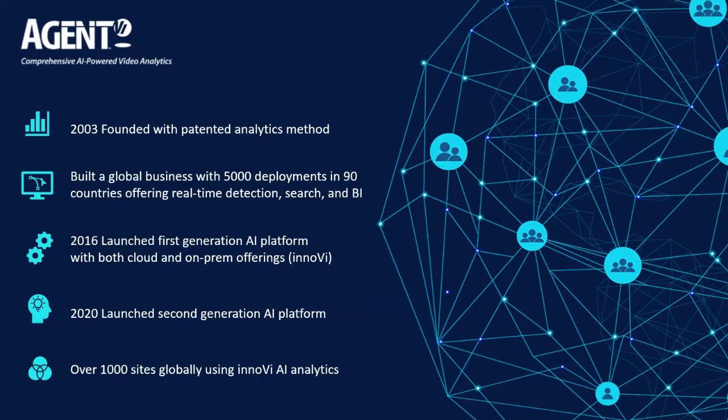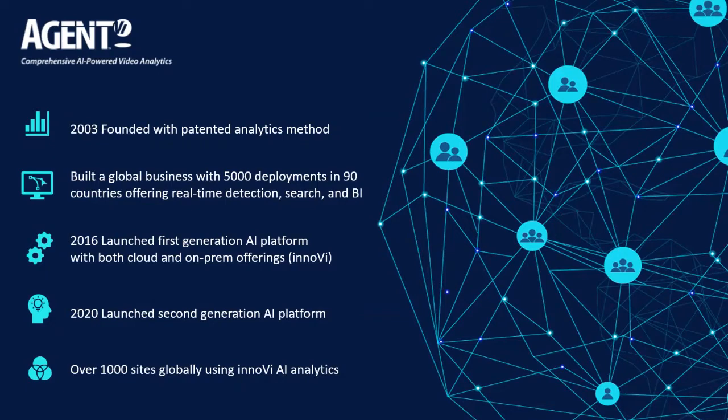That was a great product. The performance was excellent, but we learned a lot about how to deploy and manage these types of AI systems. And by June of last year, 2020, almost a year ago, we launched a second generation of our AI platform. Now we have over 1,000 sites running on the Anomaly AI analytics. In fact, almost all of the customers that were cloud-based since 2016 not only got regular updates, but most all of them have updated to the newer version of Anomaly. Only a few have not, but I expect those few will probably update here soon. So this has been a very good platform for us.